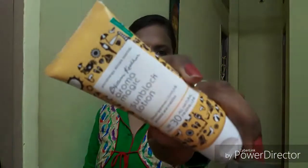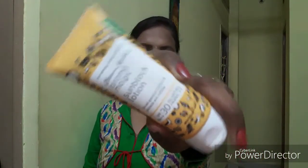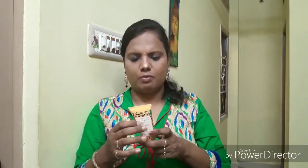So this is my first product, and the second one is also from Aroma Magic. I was looking for a good sunscreen for a long time and this one attracted me, and most of the reviews said that this is a wonderful cream for the oily skin person. So I just thought, let me give it a try and let me smell this. Oh, it is so thick. See here, it's so thick and it has a strong smell, like a herbal smell. I don't know from where that herbal feel is coming, but it is 180 rupees